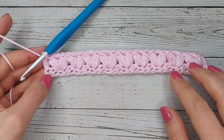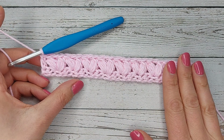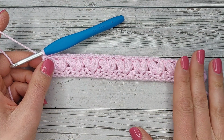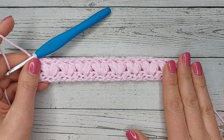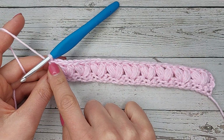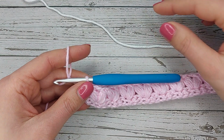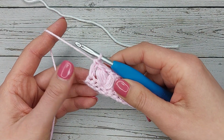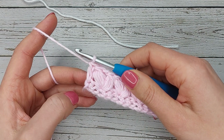finished. You can continue working with the same color yarn, or you can change colors at this point. I find that this stitch looks really pretty when you switch colors every row, and I will be working with 3 different colors. So at this point I'm going to go ahead and change my yarn color, and I'm going to go with white. So to change colors, we need to do that on the very last pass through